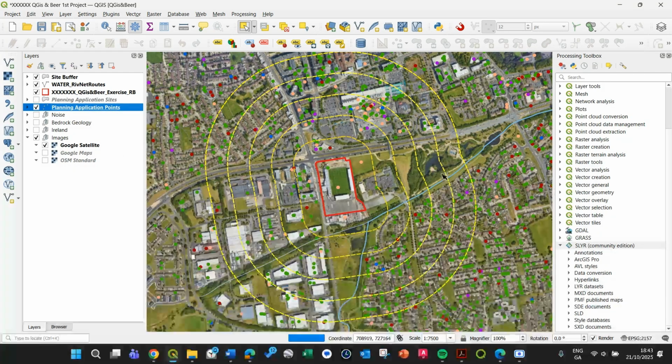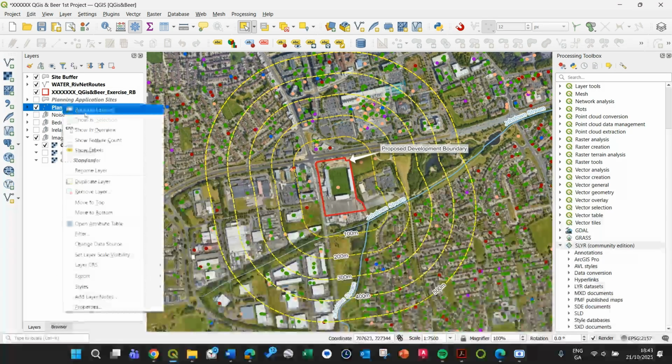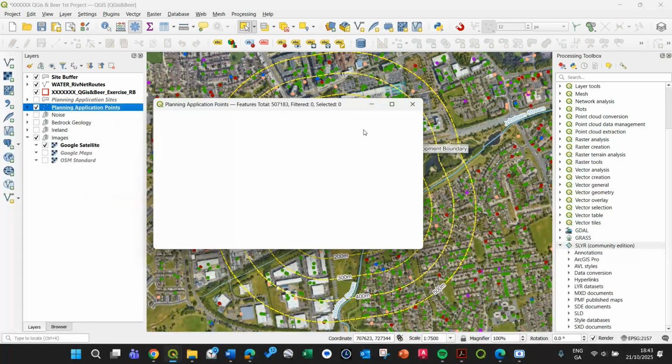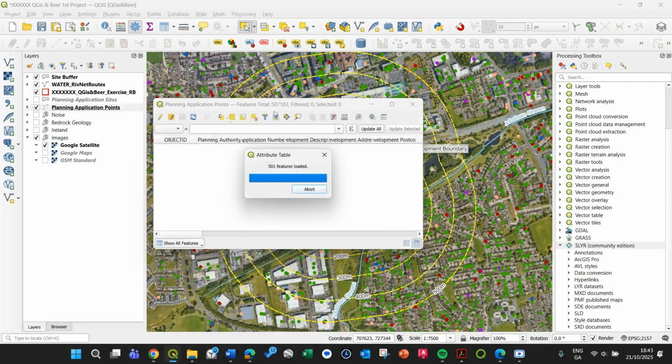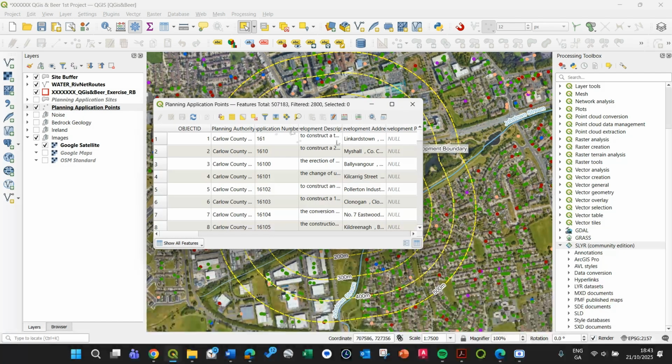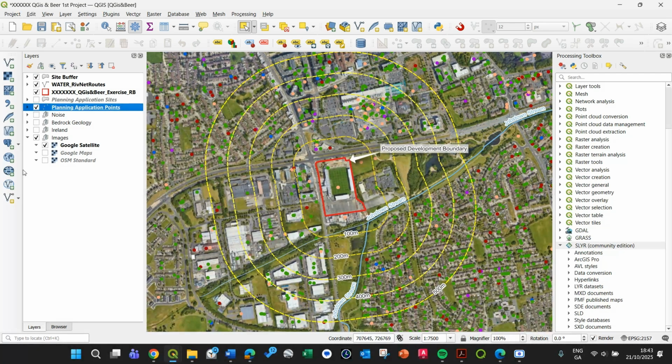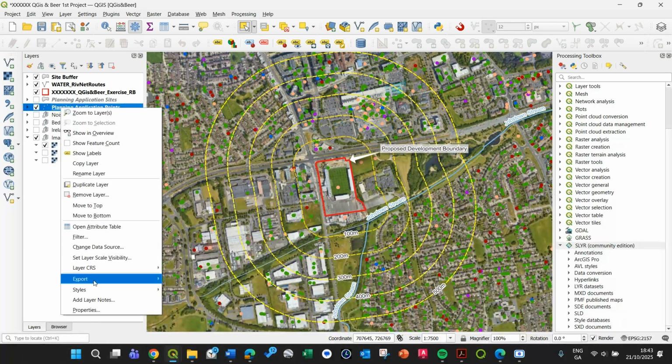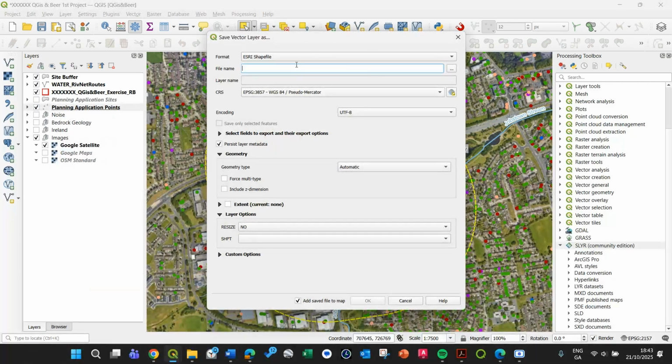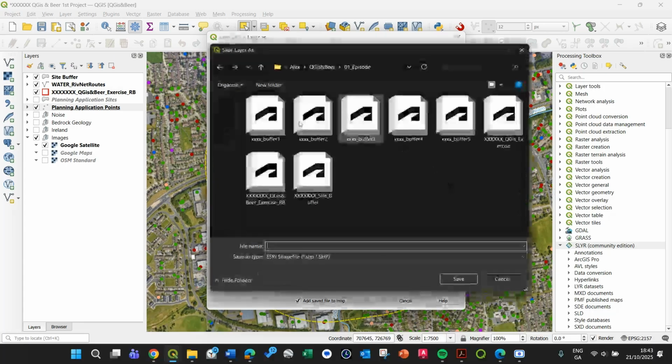Here we have all of these points. We can't work with them, just see the attribute table, but as you can see we have almost 500,000 features, so I will abort it. I don't want to wait for all of this to load. And what we can do right now, right click over it, export, save features as shapefile. Let's keep this way. Let's go to our project